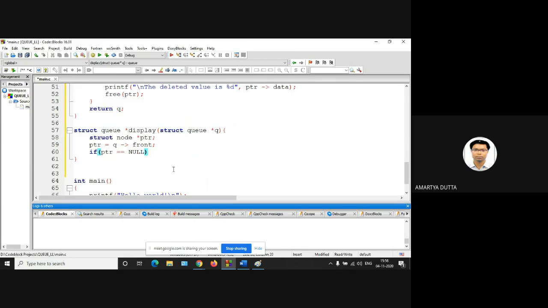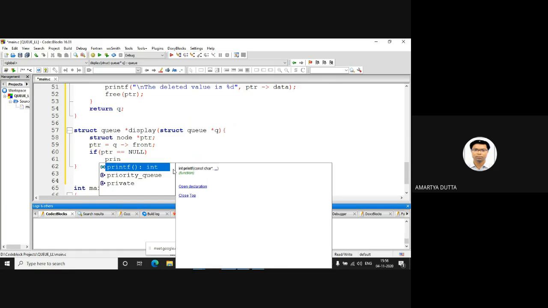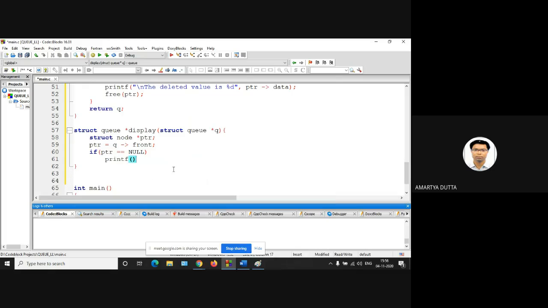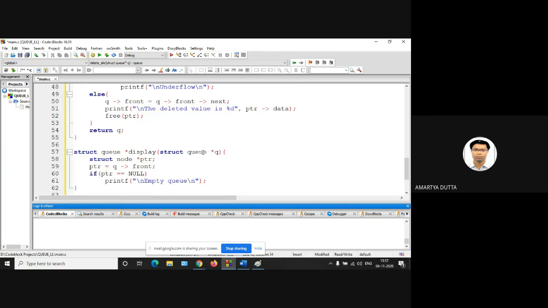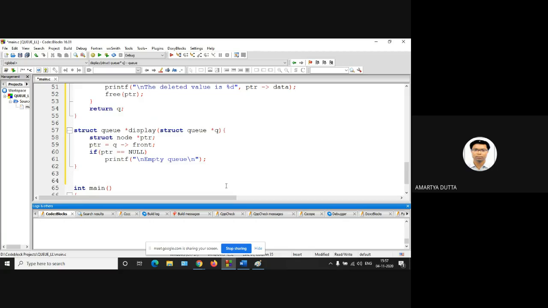If PTR is equal to null, just write: this is an empty Q. This is the underflow condition. Otherwise,